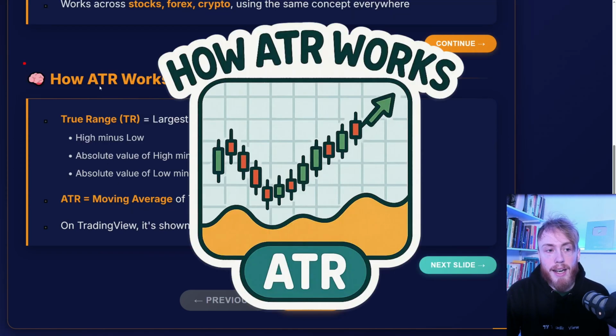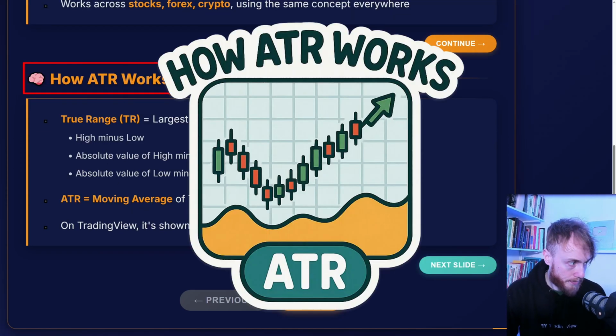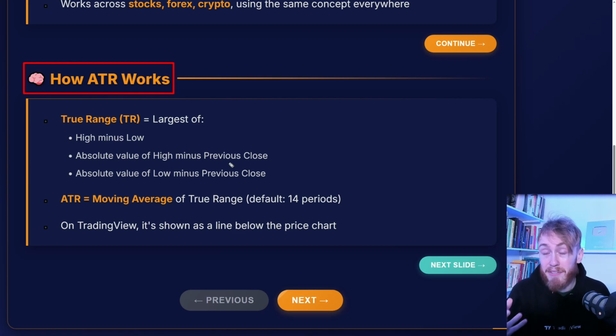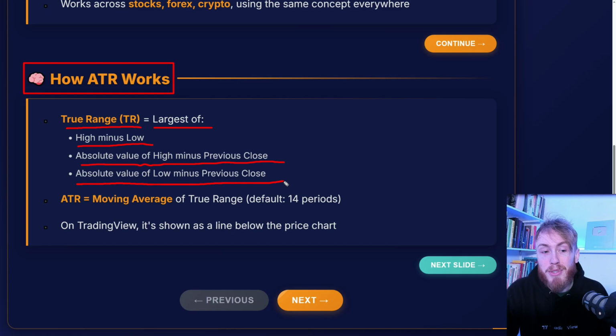But right, so now then, how does the ATR work? If you really want to use ATR effectively, it's, in my opinion, important to understand at least a little bit of how the ATR works. It's not super important to learn the math, but just to have a basic understanding. So the ATR uses something called true range, and this is a bit complicated because this is basically the largest of either the high minus low, or the absolute value of high minus previous close, or the absolute value of low minus previous close. In my opinion, understanding exactly what this means is not super important, but what is important is that